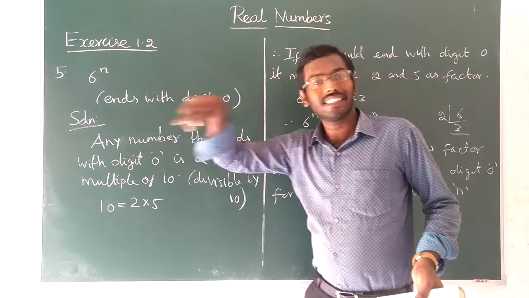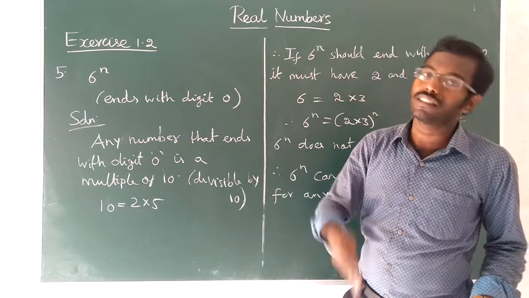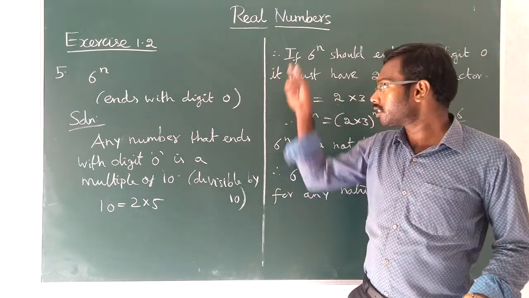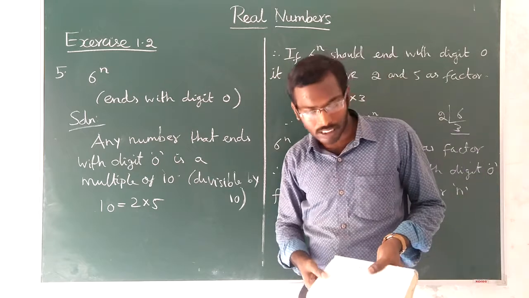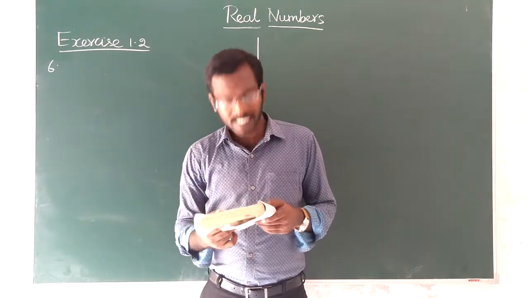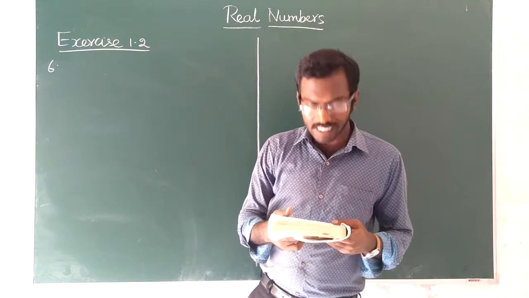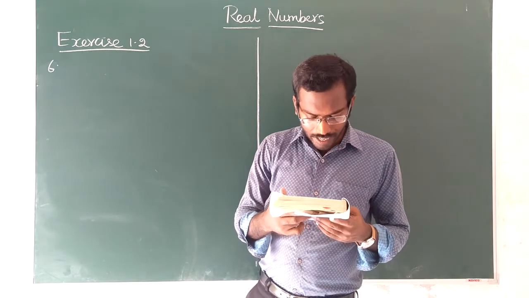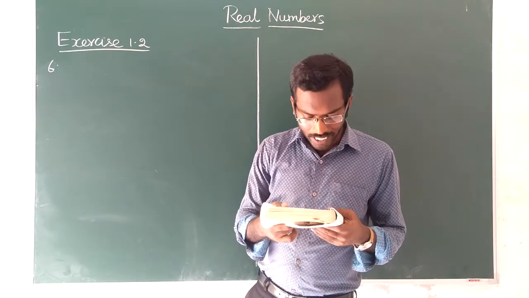9 power n means 3 into 3. Here 2 is missing, 5 is also missing. Okay. So this is an important 2-mark question. Please note it down. Okay children. Now the sixth sum. The sixth sum is asked like this. Explain why